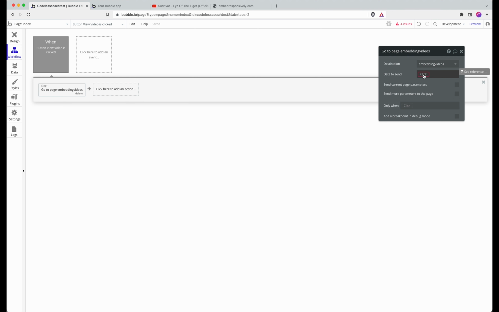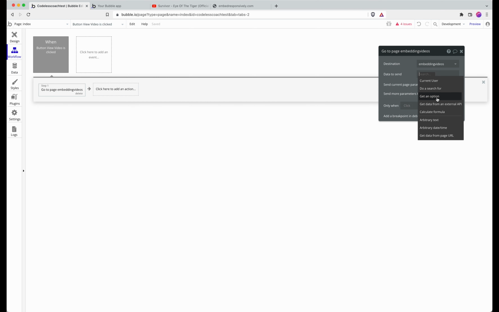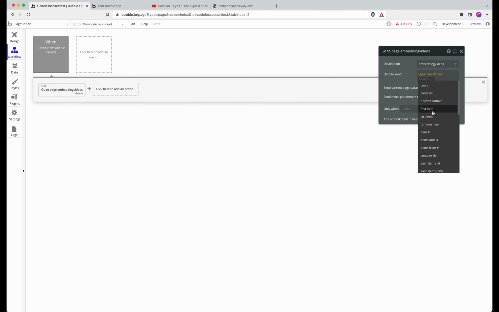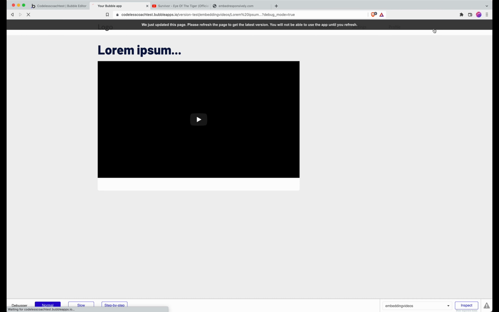now need to decide which bit of data to send across. My database has only got one video in it, but Bubble still treats it like a list because I could have more than one video in there. So I'm going to do a search for video, and this would bring up all the videos in my database, but I only have one, and I have to put a single item in here, and because I only have one, I know it's going to be the first item. Now let's hit preview,